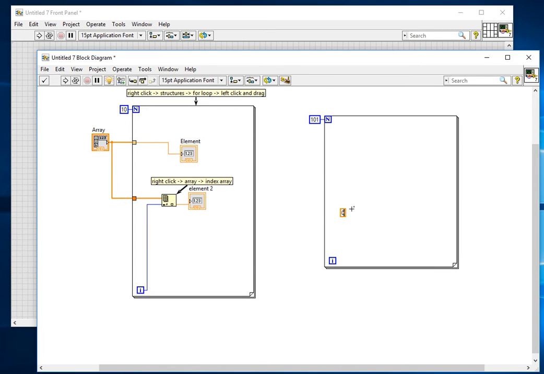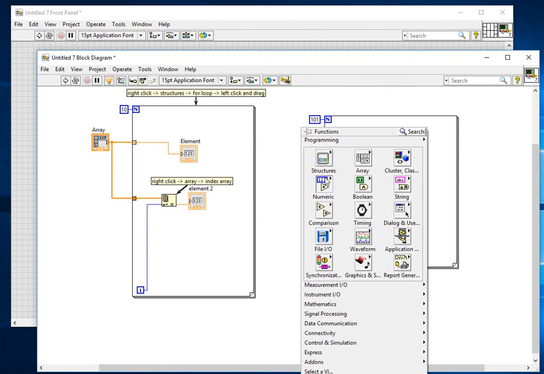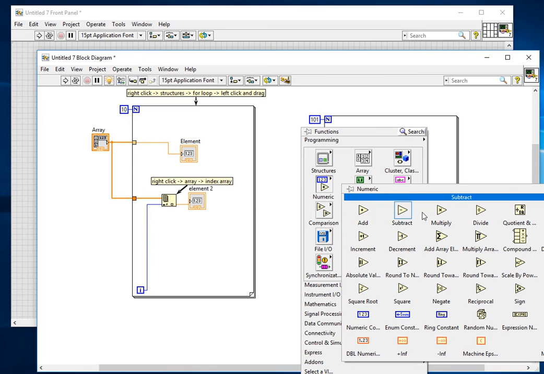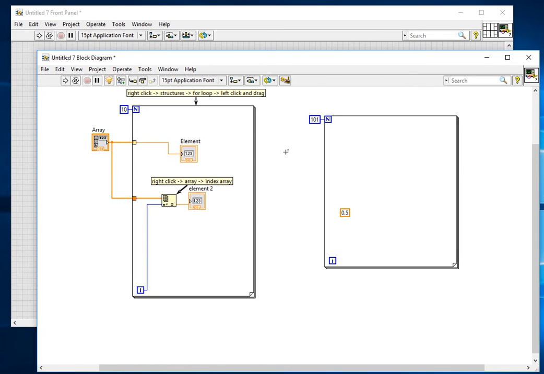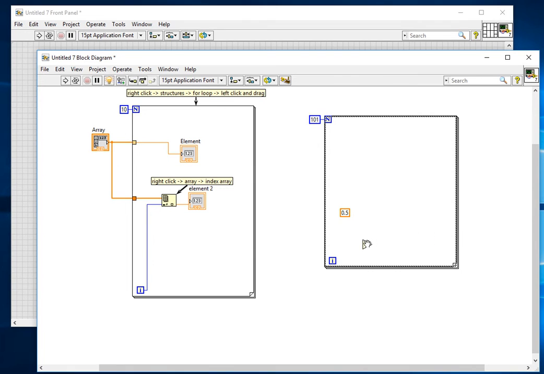So it'll be 0.5. And because I will take values from 0 to 100, all we have to do is multiply these two numbers. So right click, go to numeric, multiply, and place that on the block diagram,